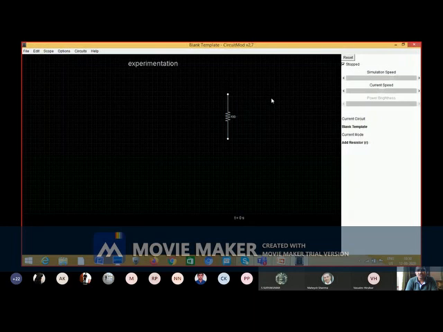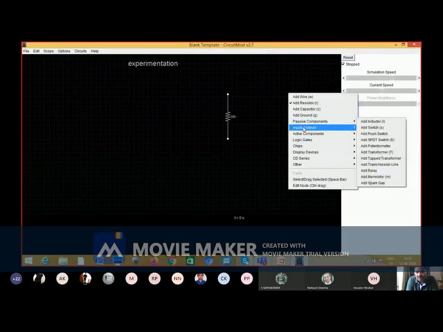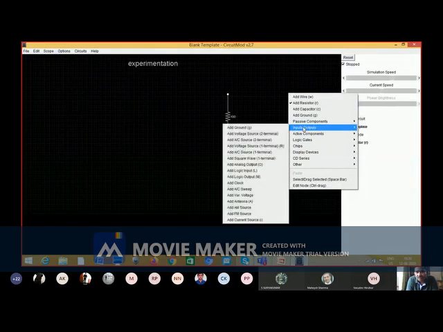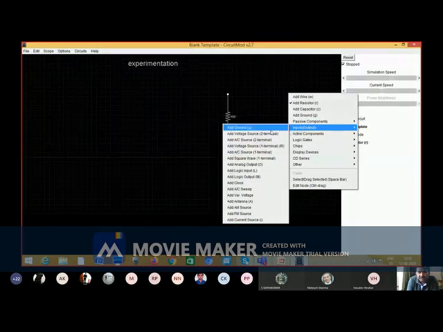So I need to connect some source. I will go to input and output. Here in input and output, you will find add voltage source 2 terminal, add voltage source 1 terminal, AC source 2 terminal, and so on.